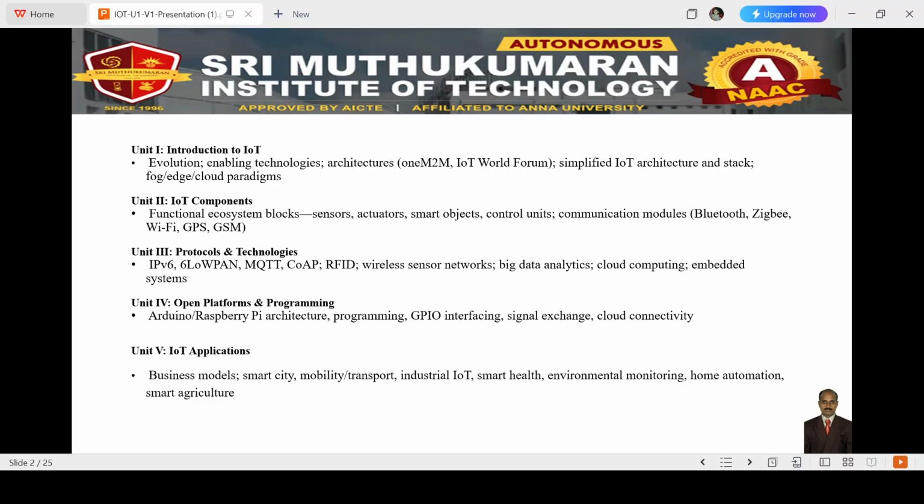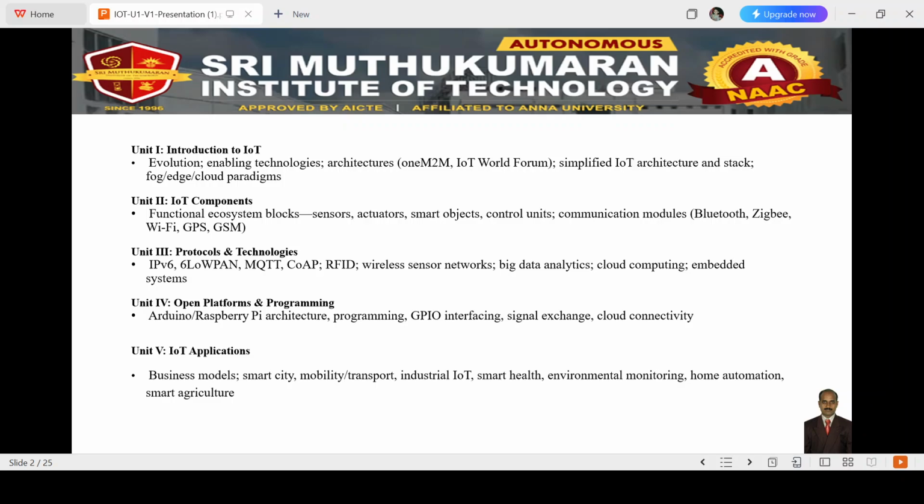Means he can easily monitor the health conditions of the patient and he can suggest the necessary treatment right away. So next, environmental monitoring. Yes, environmental monitoring we can also do using IoT. Then home automation. Nowadays home automation is predominantly coming up in India also, in major cities